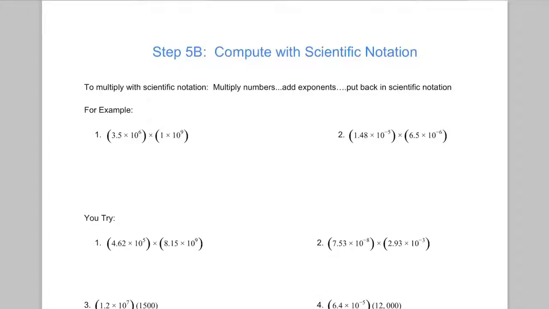So the first one we're going to focus on is multiplying. To multiply with scientific notation, the rules are pretty easy. Multiply the numbers, add the exponents. Okay, so let's just put a little times sign and an adding here. And then finally, put them back into scientific notation. So for example,